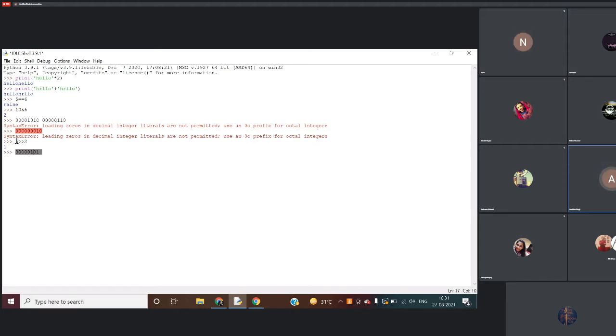Same way, if this is your left shift, then these bits will be coming here, so where will the 1 be coming? This 1 will be at the third position.